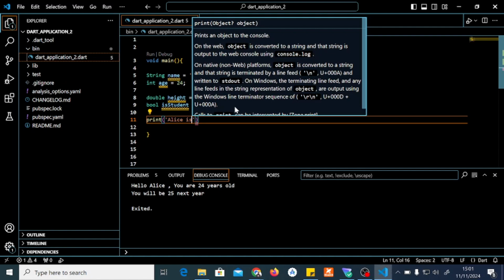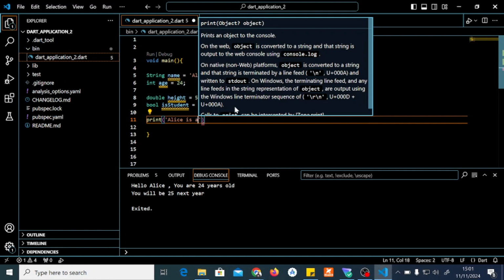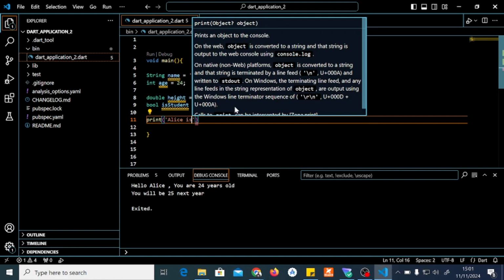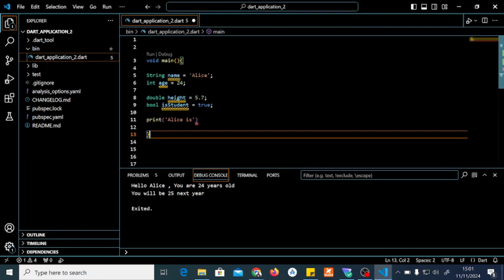For example, Alice is, okay. For example, when we just want to bring this statement true in our print, you may